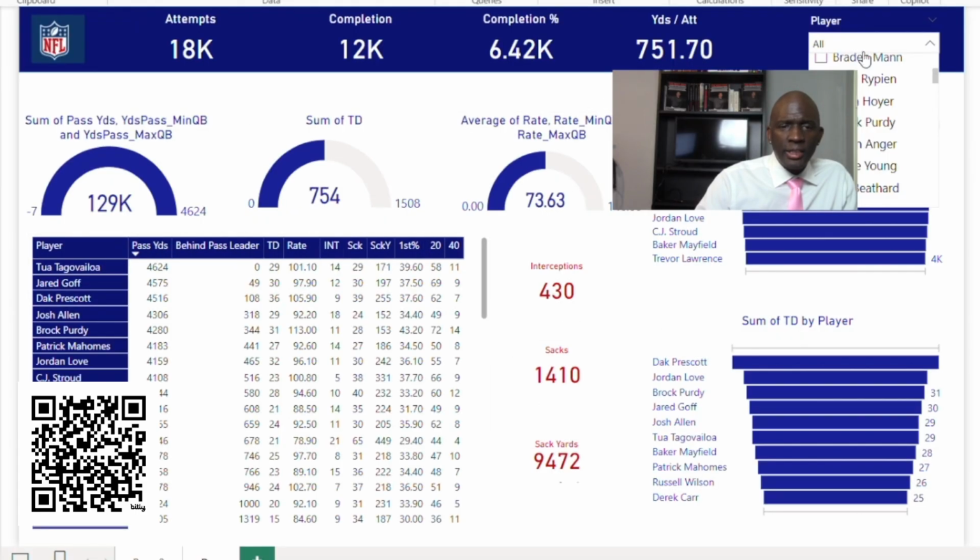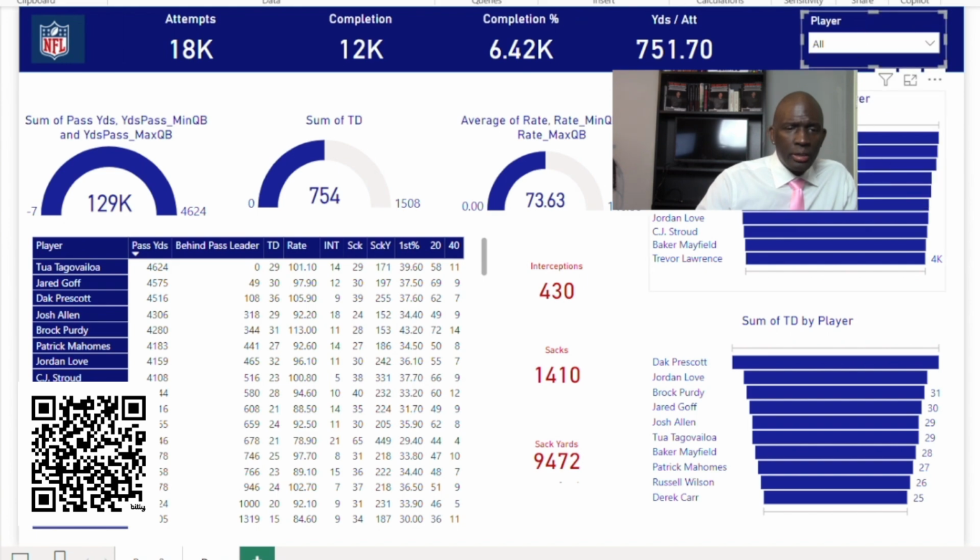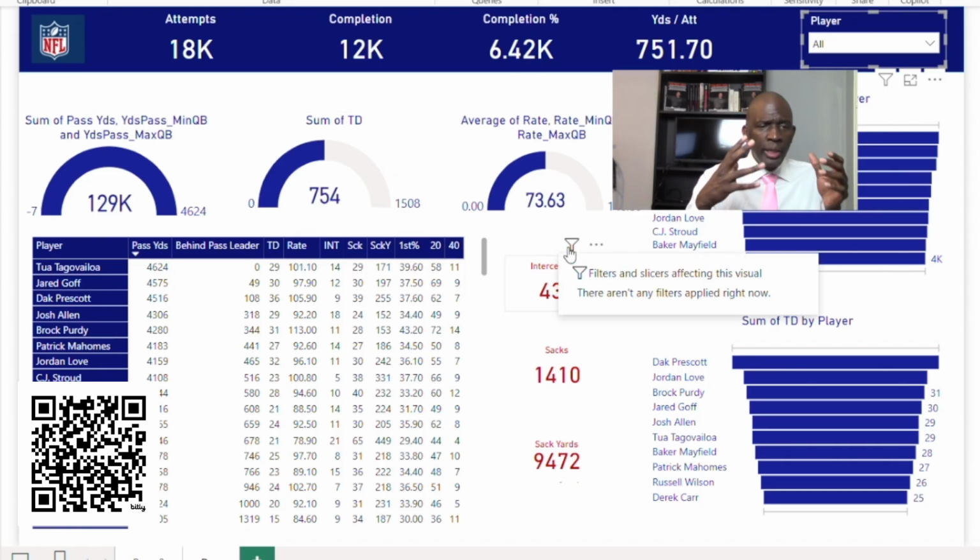So that means that this slicer has to have some form of a relationship with all of these visuals in order for these visuals to understand that when Andy is selected, I'm going to change. So basically, all I'm saying is there's a relationship, and we've been talking about SQL